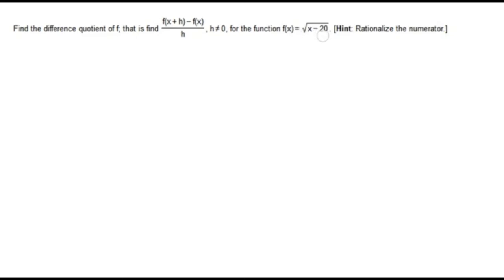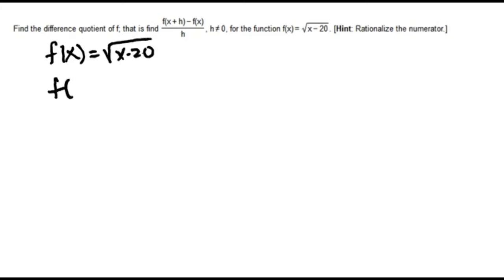We have a hint that says to rationalize the numerator, and rationalizing the numerator will be part of our simplification process once we find the difference quotient. So we want to find the difference quotient for this function, f of x equals square root of x minus 20,